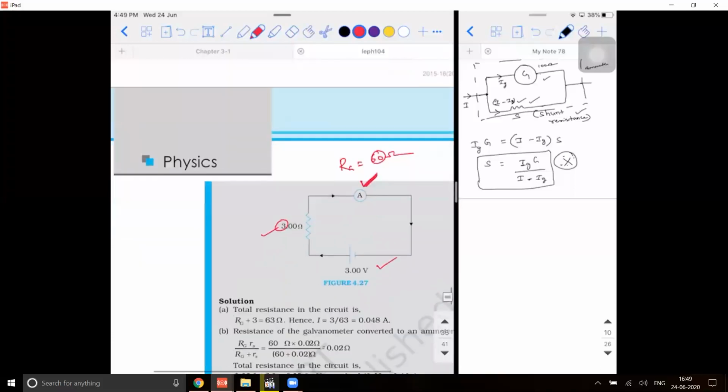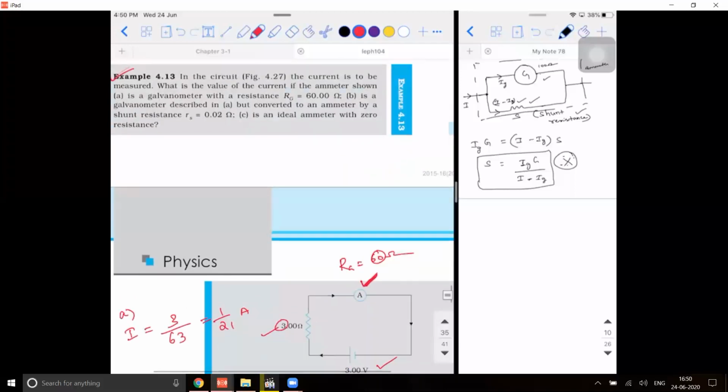So the current measured in case A will be I equal to V by R. V is 3. This 3 volt is being supplied across how much resistance? The total resistance of 63 ohms. So 1 divided by 21 ampere. You can actually leave it in fraction also. 1 divided by 21 ampere is the answer. Second,